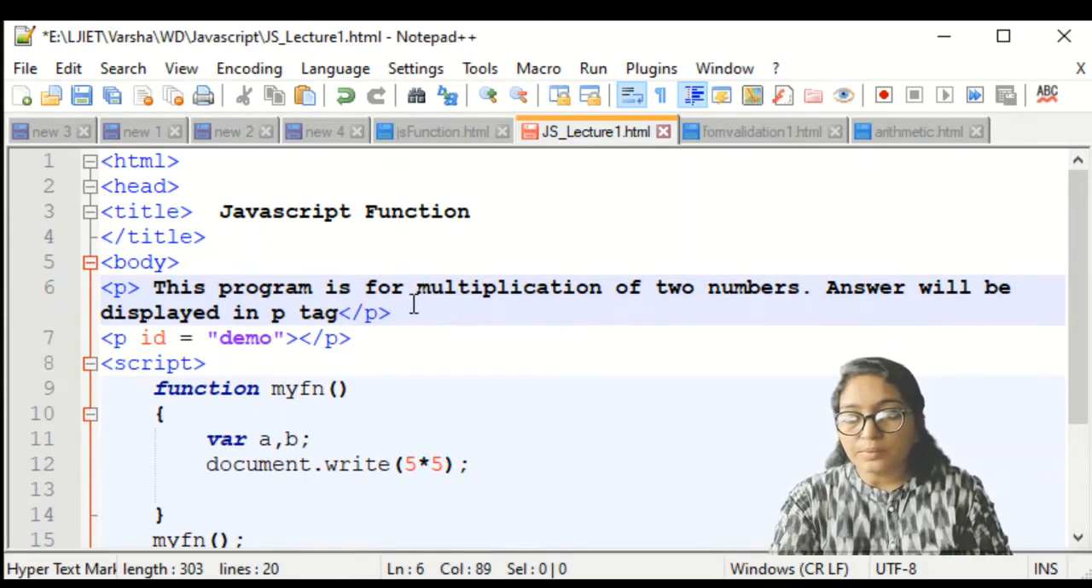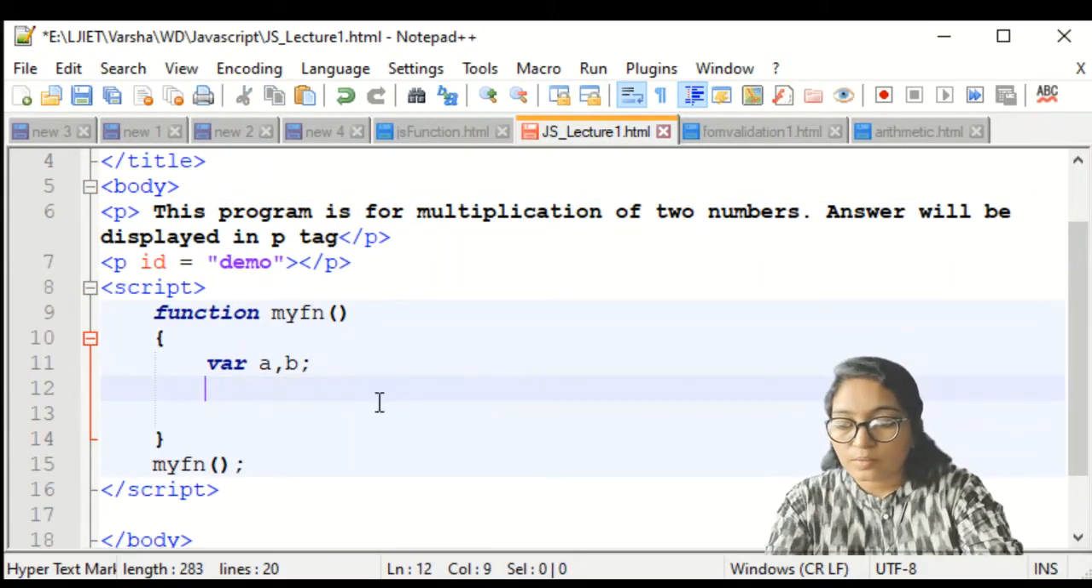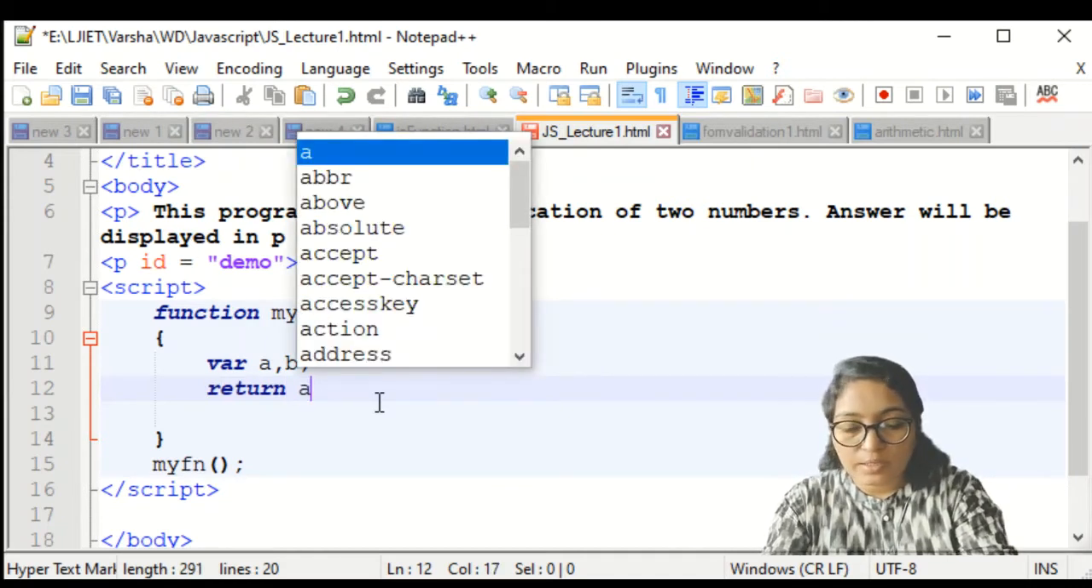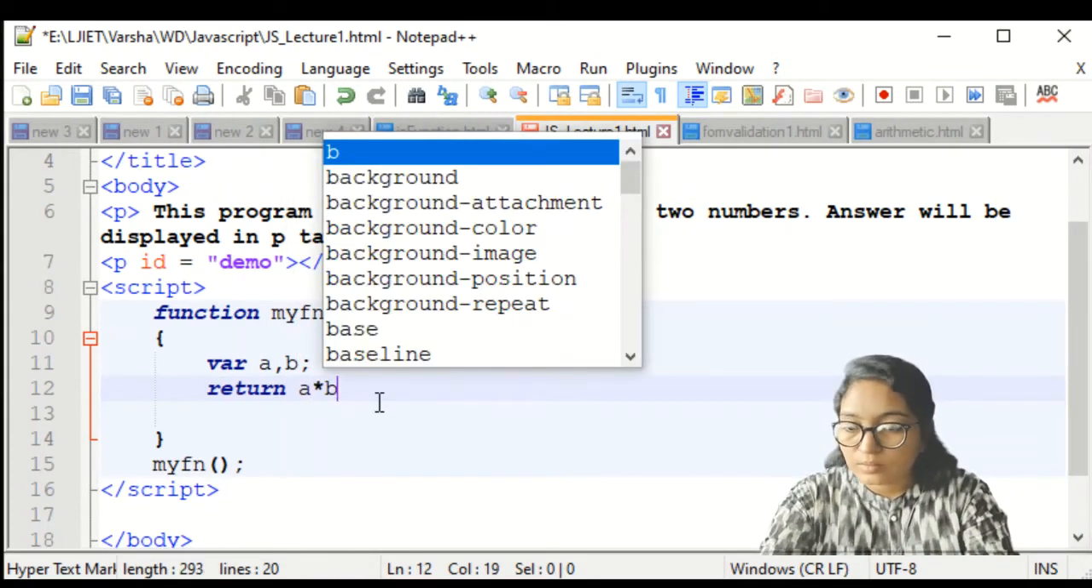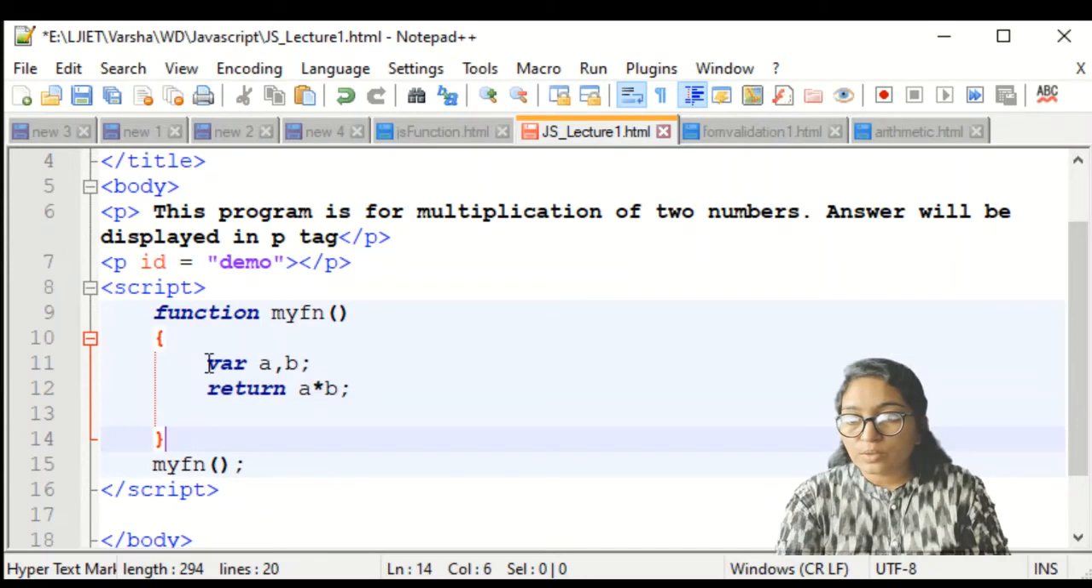Okay. Now, what you have to write? Suppose I am defining this function, and when the function returns the value, what do we have to do? We have to return a into b. Okay, return a into b. So where will this return value be stored? For that purpose, what you have to write? You have to define